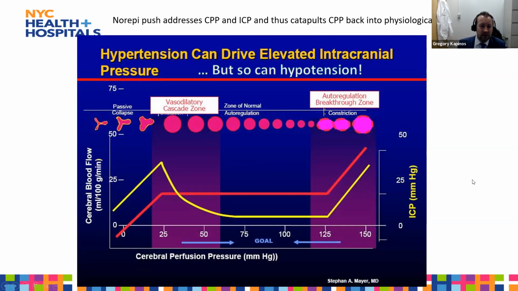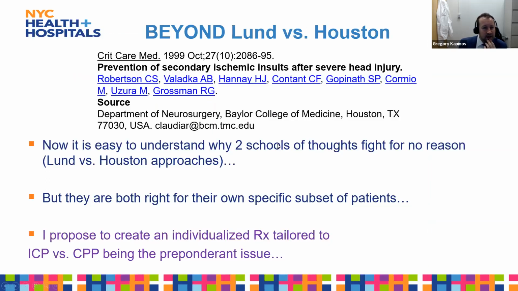And when you think about it, that's what Mother Nature does, right? When you have an ICP crisis with a plateau wave, you have sudden stress, and the heart will suddenly pump higher blood pressure to try to restore the MAP and get you out of this horrible crisis that is in a vasodilatory cascade. So the two schools of thought, I know I'm a little bit too categorical or caricatural, but